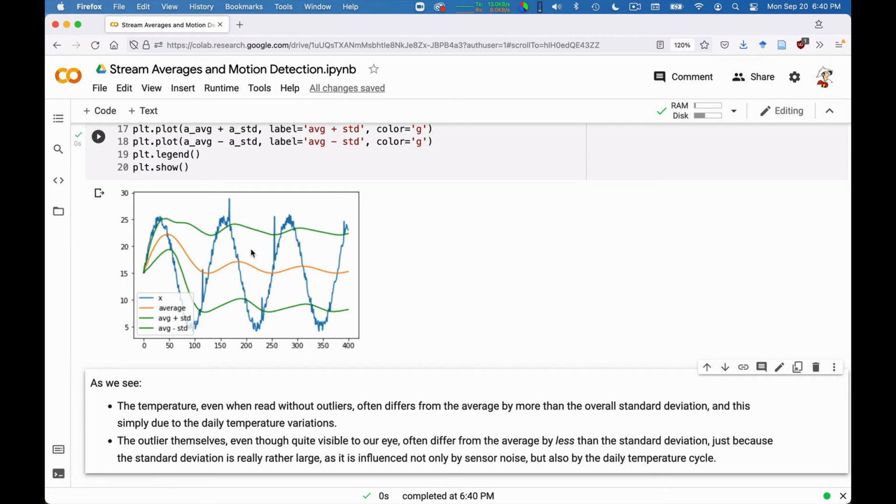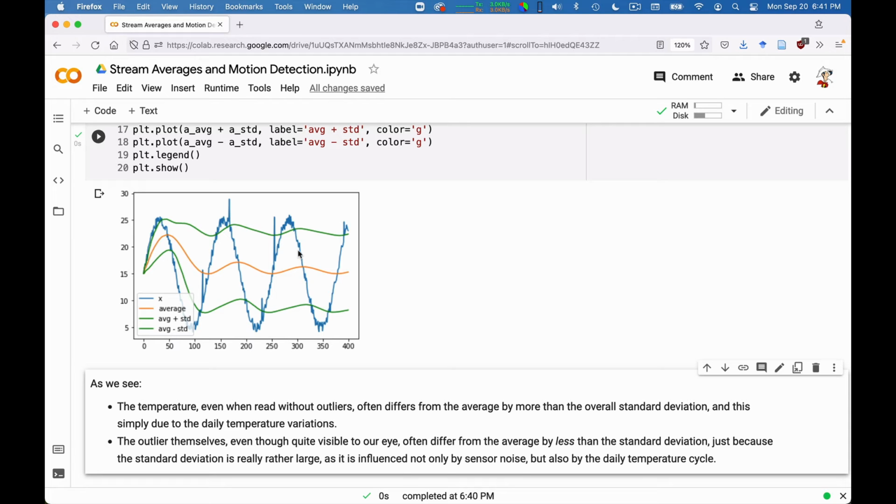We need something different. This signal has a daily component, and we need an average and standard deviation that are not computed on the entire signal. They are computed on a portion of its recent history. So that, if we have a reading every minute, we are just computing the average and standard deviation over, say, the last half hour. We can maybe still detect an outlier, but we are not influenced in our estimation of the properties of the signal by its long-term behavior. We want to focus on the short-term behavior to remove these spikes.